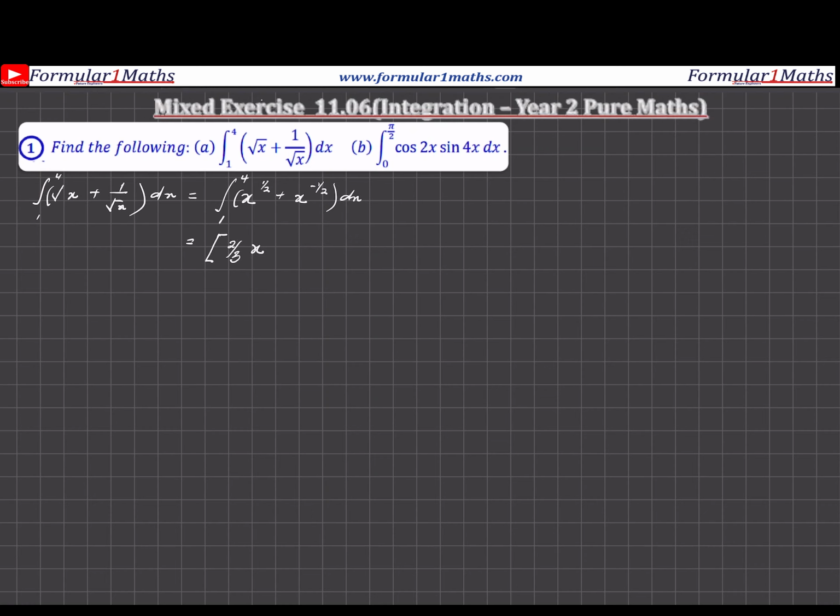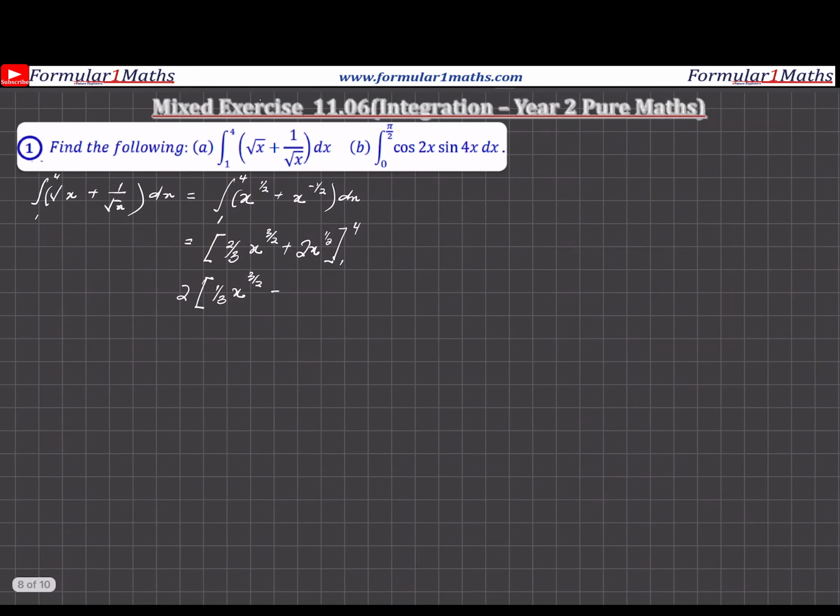So I have 2/3 x to the power 3 over 2 plus. If I add 1 to this power here, I'm going to get half. 1 over half is 2. So I have 2x raised to the power half. And I put my limits in from 1 to 4. To make calculation easier, I'm going to factorize 2 out. So I'll get 2 square bracket 1/3 x to the power 3 over 2 plus x to the power half